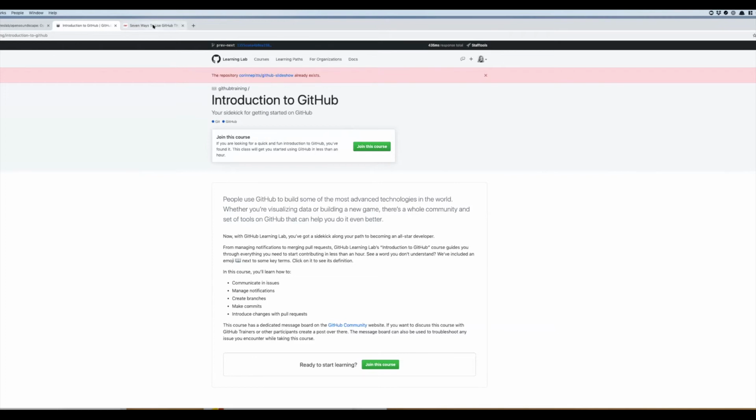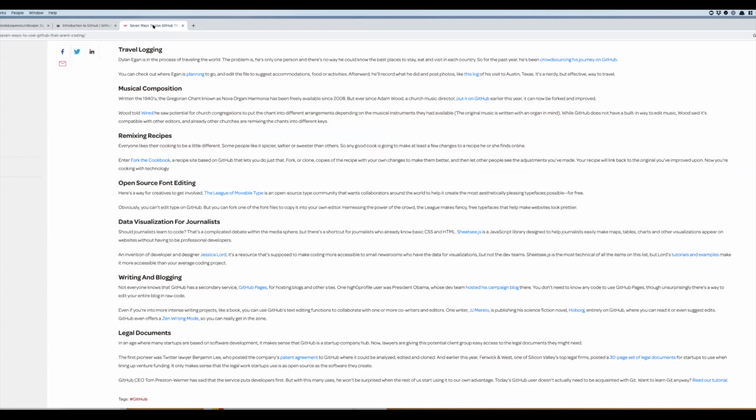And then one last thing I wanted to show was some examples of other ways that people have used GitHub that I just pulled up really quickly. I wanted to encourage you to be creative and not think that this is only for software developers. People have used it to improve recipes. There's a ton of different things you can do with it. So just wanted to share that as well. Then I'm going to flip back over to my slides.